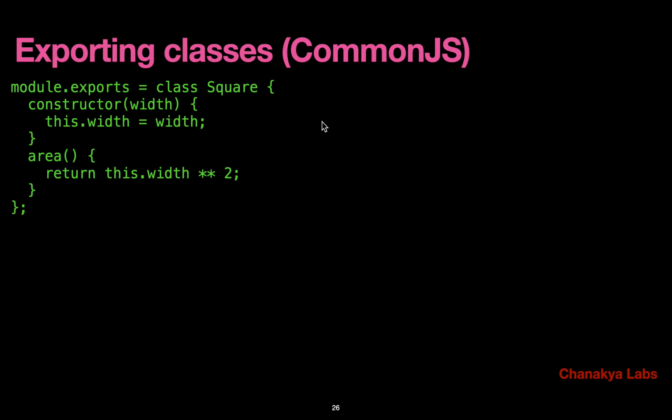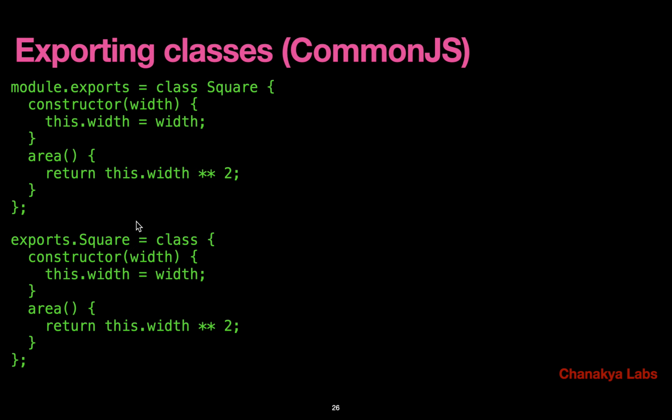Okay, in CommonJS syntax, earlier we used to do module.exports is equal to 10, or module.exports is equal to hello, or module.exports is equal to a function. Similarly, you can simply do module.exports is equal to some class name, and that will also work fine. Okay, and in case of a named export, you can do something like that, whatever name you want to give. In this case it will be default, sort of, not default, because in CommonJS there is no concept of default, but you can understand that it will be available,